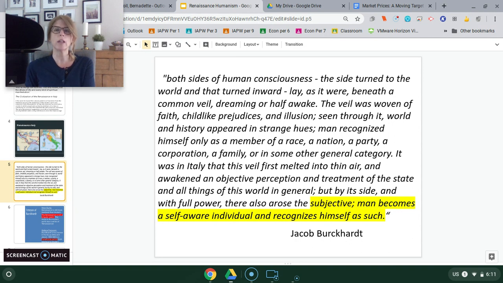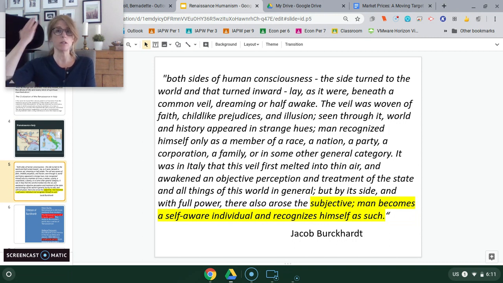Right? He's talking about what Europe was like during large parts of the Middle Ages. He's talking about the individual, the European, being childlike, not questioning what was around them, kind of accepting things as they were, kind of half out of it, dreamlike. Okay. But then he goes on to say, it was in Italy that this veil,